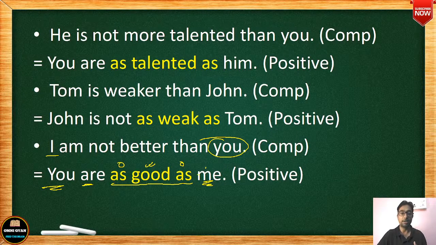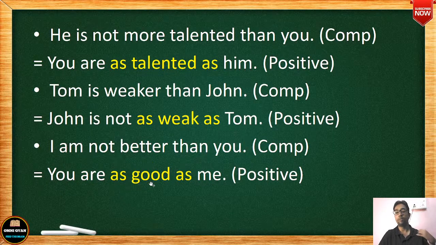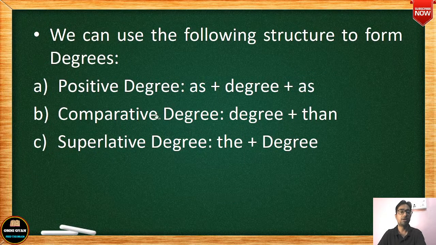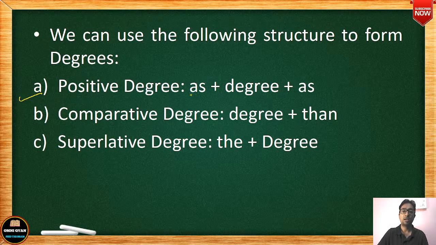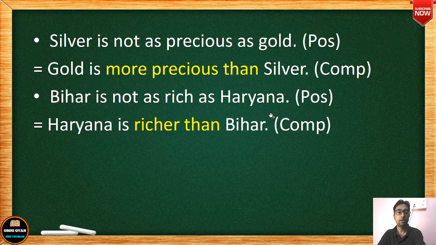दिस स्ट्रक्चर यू मस्ट यूज इट। जब आप कंपैरेटिव से पॉजिटिव डिग्री में सेंटेंस चेंज करेंगे, तो ये स्ट्रक्चर आपको यूज करना ही है, यू हैव टू यूज दिस स्ट्रक्चर, ओके। एंड आई नेवर से दैट मेमोराइज द एक्सरसाइजेस, बिकॉज देयर आर नो स्पेसिफिक रूल्स हियर, यू कैन मेमोराइज द स्ट्रक्चर। पॉजिटिव डिग्री में मुझे एज प्लस डिग्री प्लस एज करना है, बस इसको आप याद रखिए, एंड इट इज डन।